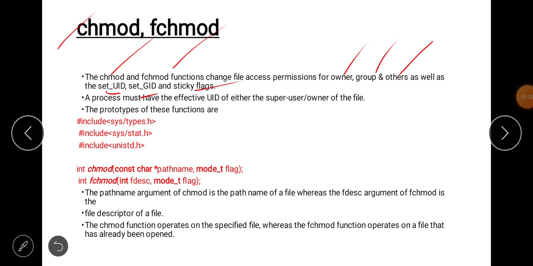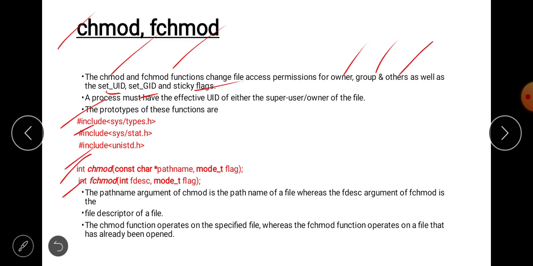The process must have the effective user ID of either the super user or owner of the file. Here the prototypes of these functions: you can see that there are three header files: #include sys/types.h, #include sys/stat.h, #include unistd.h.